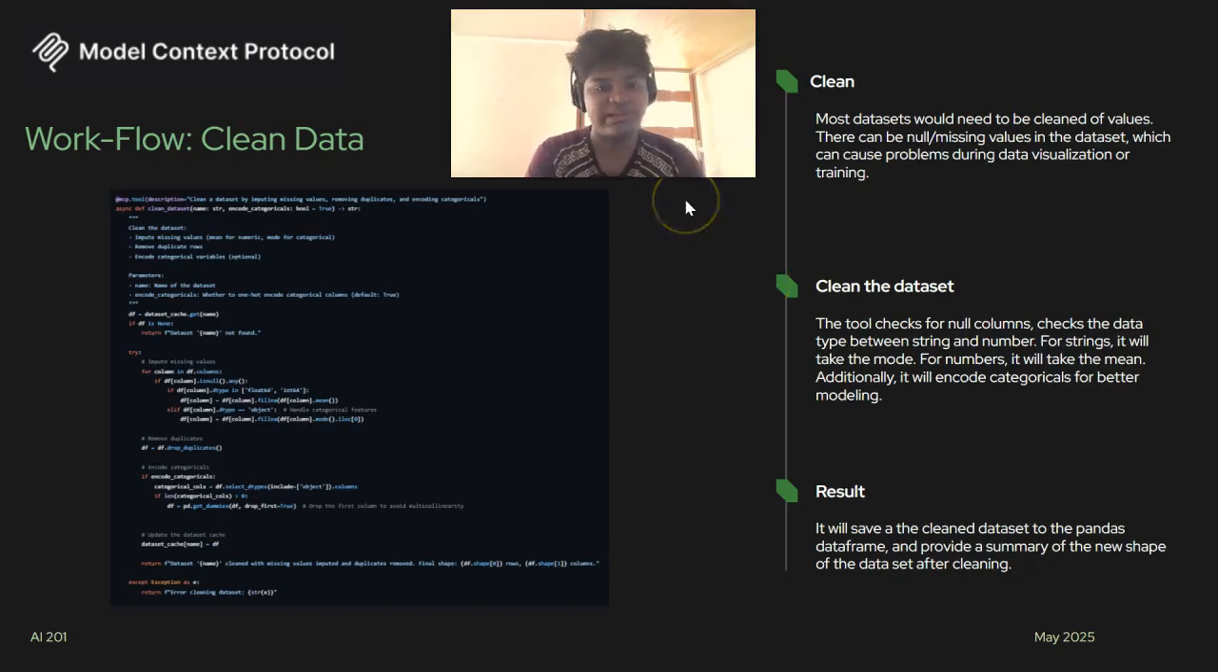So the next one is clean data set. So we need to clean the data set. Obviously, not all data sets are perfect, so we got to be able to clean them first. In this case, it takes in the name of the data set, and then we have a category called encode categoricals set to true, as we want to be able to encode these categorical columns to be better for the machine learning later on, as we don't want any strings in the data set,